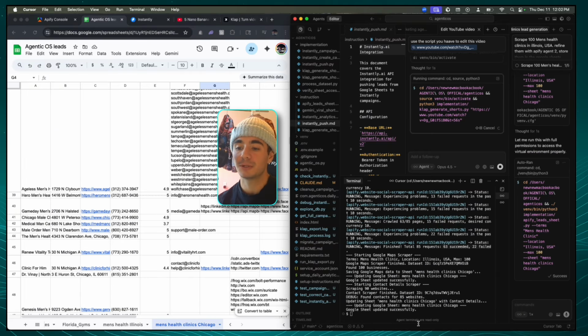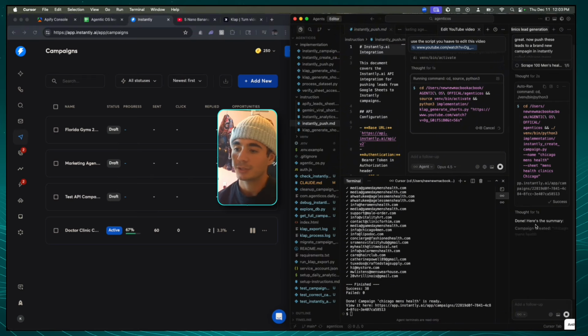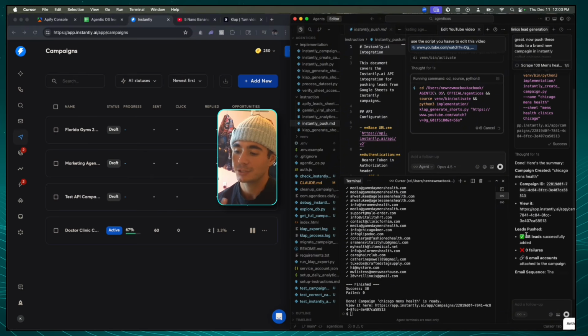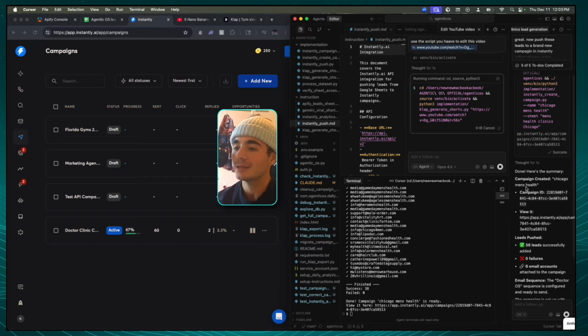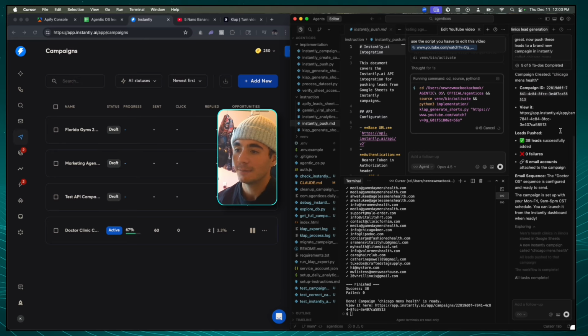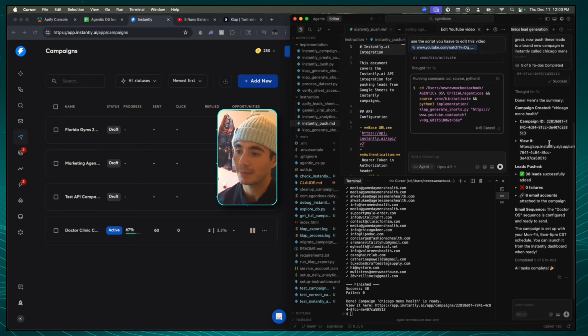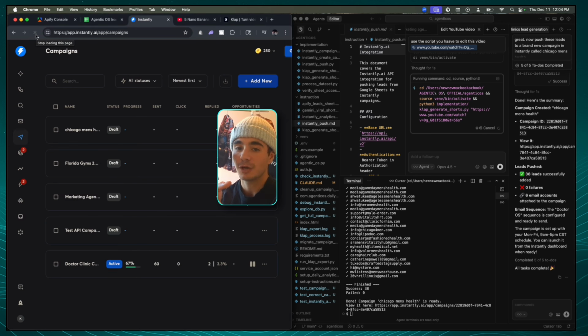And now what we're gonna be able to do is pass this over to the Instantly campaign. All right, so we just got a success notification. The agent's now just gonna give us all of this information. So it says done. Here's the summary of what it did. It created the Chicago Men's Health campaign. It gave us the campaign ID, and it's telling us the URL link that we can use to view it, which is pretty absurd. But if we just refresh the left-hand side, we should be seeing the Chicago Men's Health